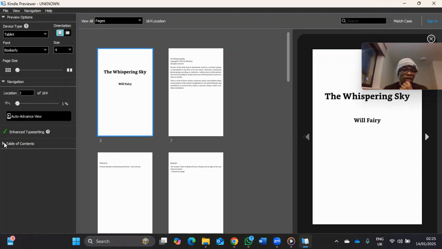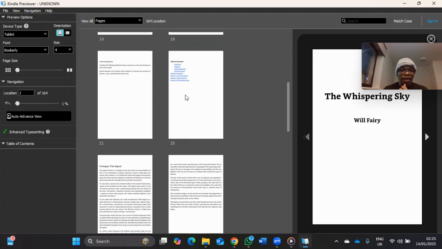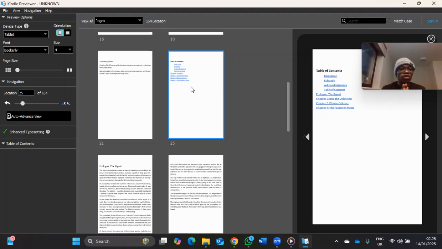Now, you see, unfortunately, like I predicted and I saw, Kindle Previewer did not quite import the table of contents as it necessarily should have. Otherwise, you would see the content from your table of contents reflected here. It is reflected here to ensure that whoever is reading the book at any time is able to easily navigate through. So this is one issue that causes problems when you're uploading on Amazon KDP,